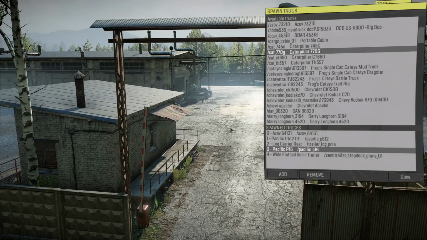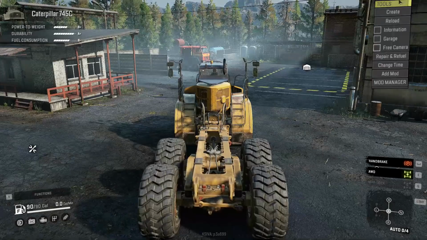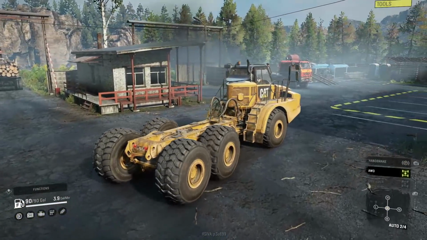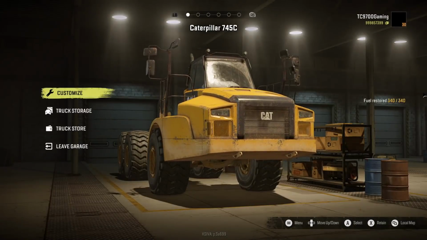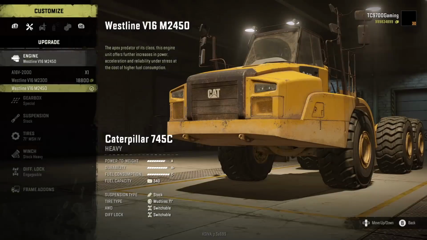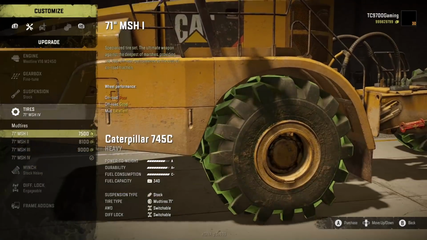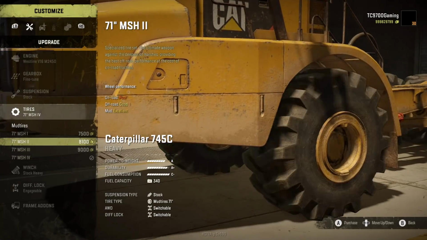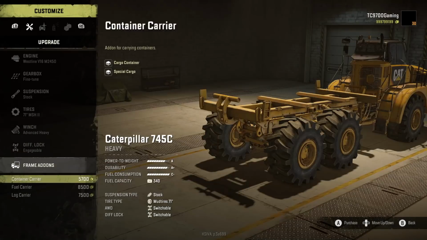Now, also, something that I really wanted to touch on is the Cat. Now, the Cat 745C, for a lot of people, was not really a vehicle that got brought up all that much. However, it does have the ability to haul lumber. And I've shown this on my stream a couple of times, but what I'm going to do is a very quick run-through build, and we're going to install the short logs carrier on it, but for some reason, the game would not allow me to load the logs onto it in the quick loading